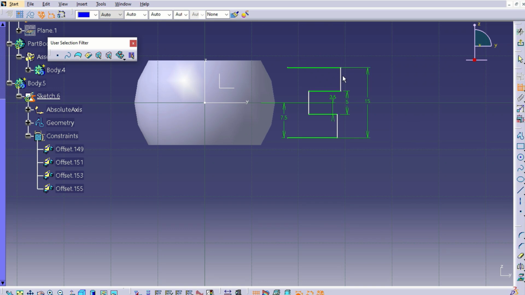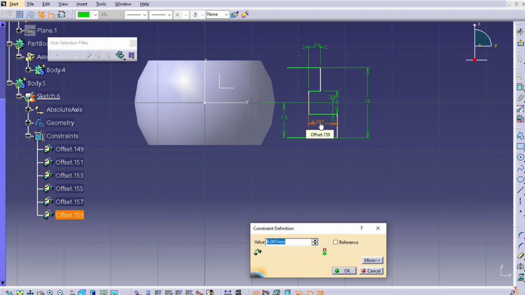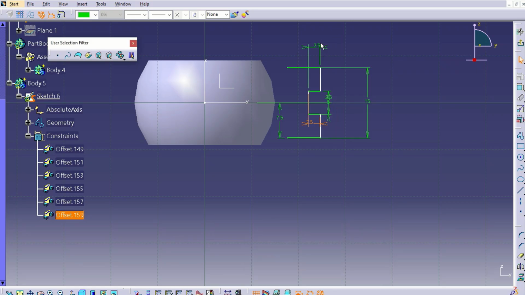Okay, then this should be, okay, let's do it later, that one. So from this to this it should be 2.5, and again the same thing between this and this is 2.5. Okay,